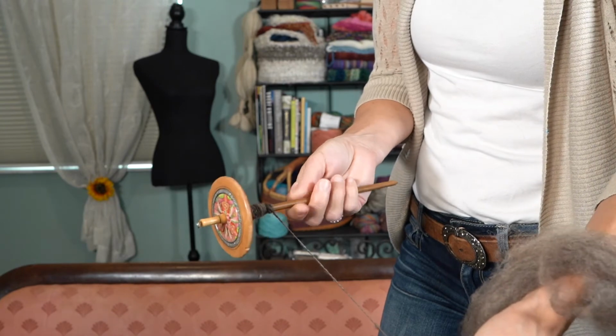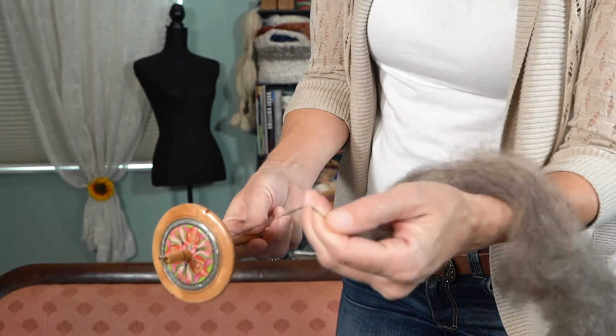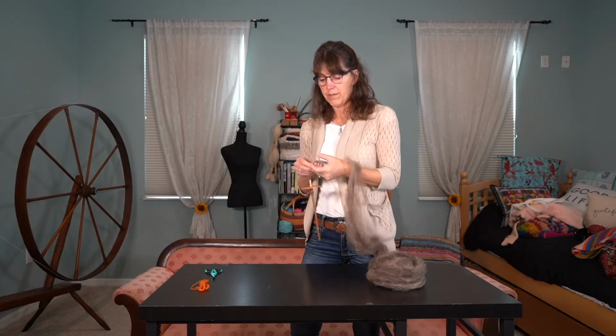I tend to just roll it this way. And we're wrapping it on. Right, I can hook it through my notch once again. Wrap it through the hook. I'm going to give it another flick. We're off and